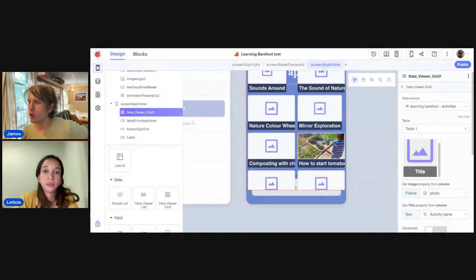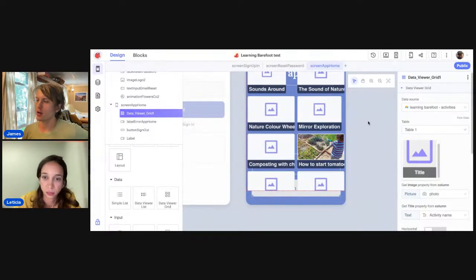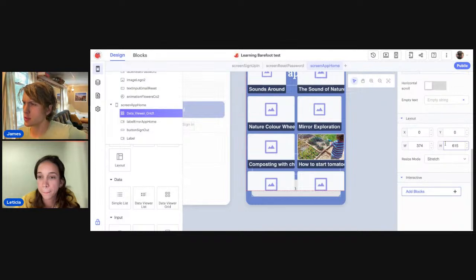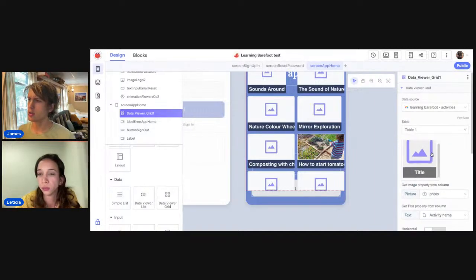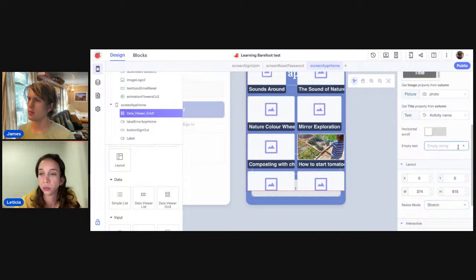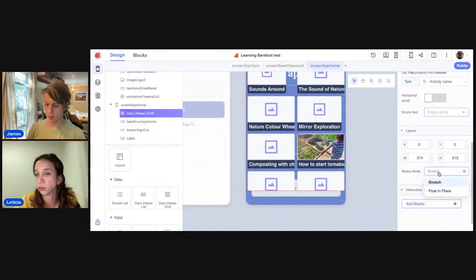So, what other options are there on the right panel? I think that's all. It looks like there's an empty text, but there's not an image placeholder. Let me just Google that real quick.